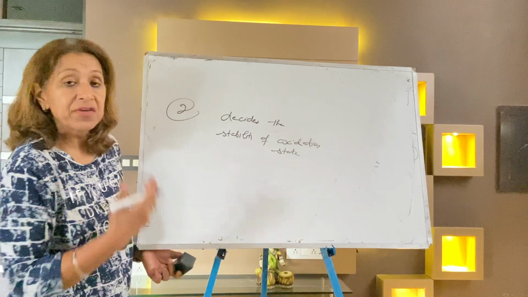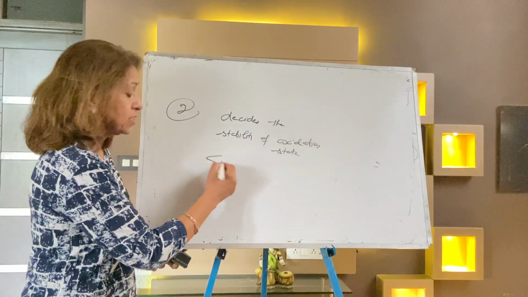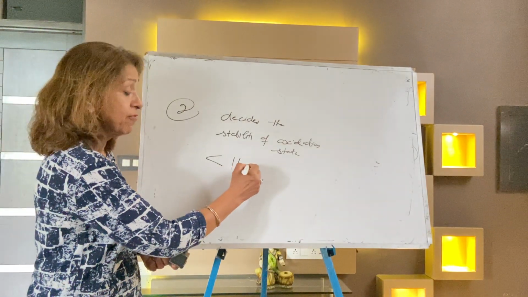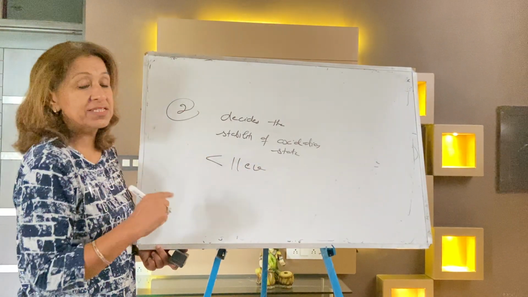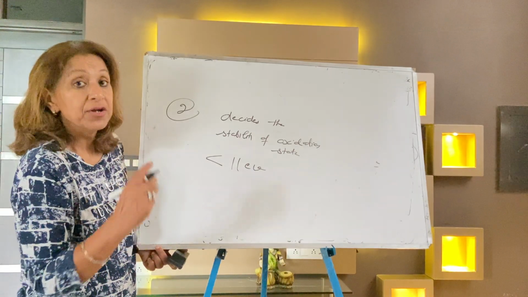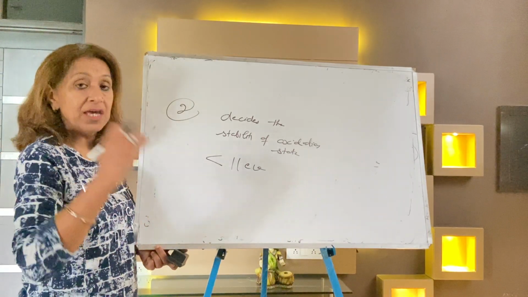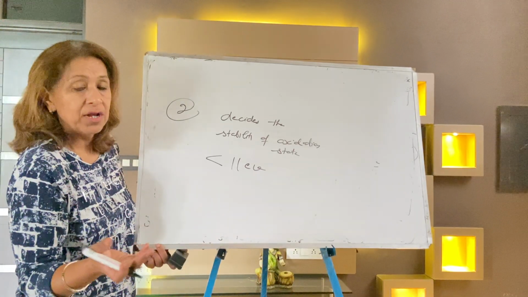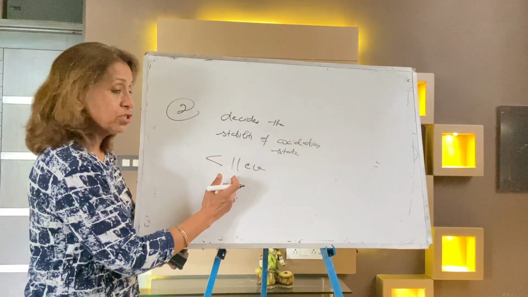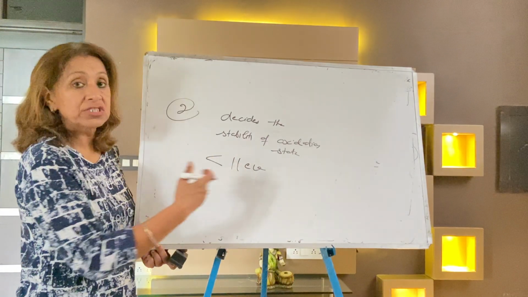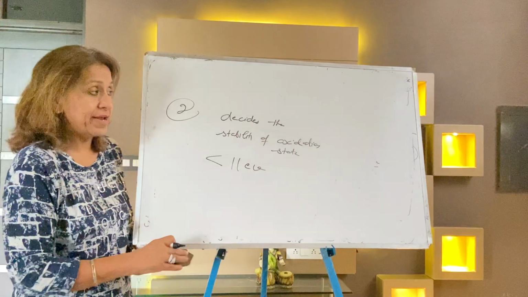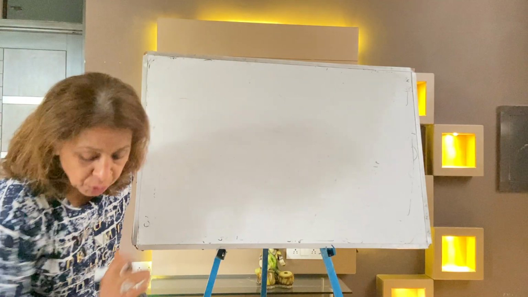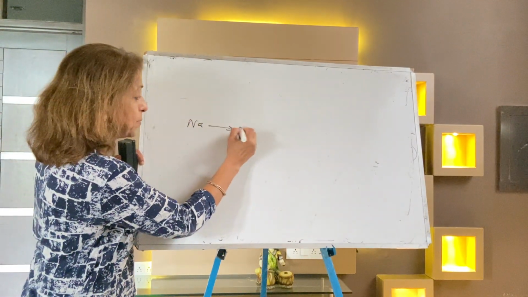Or you can write, one of the questions I am taking: if the difference between the successive ionization energies is less than 11 electron volt, then it is very easy to take out electrons. Then the lesser the ionization energy, it means higher states are possible. I am taking one example only, then you can understand well. I am taking sodium, Na arrow Na+.